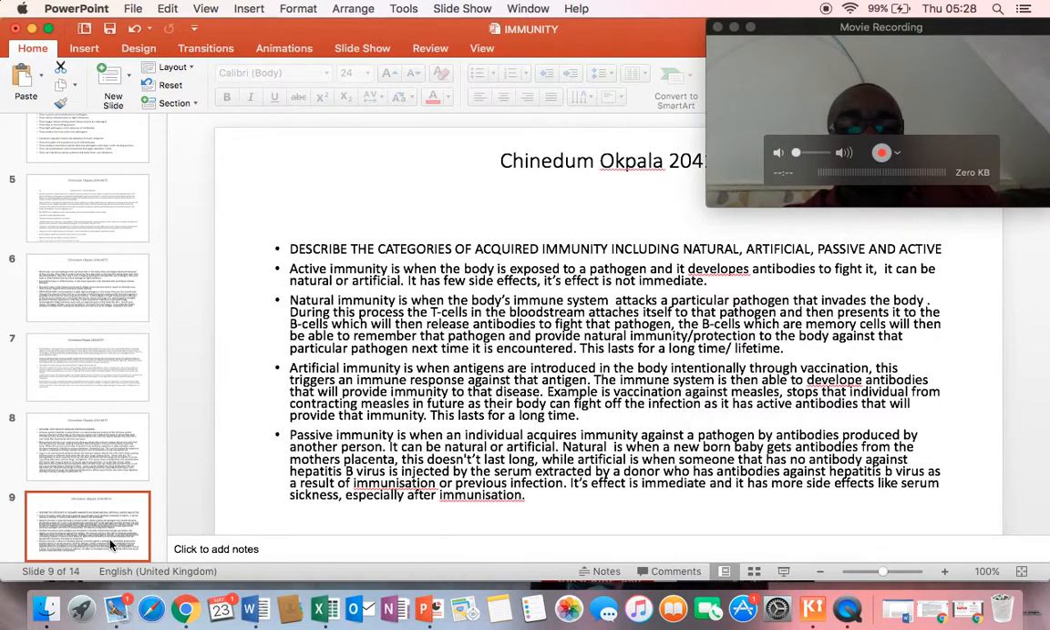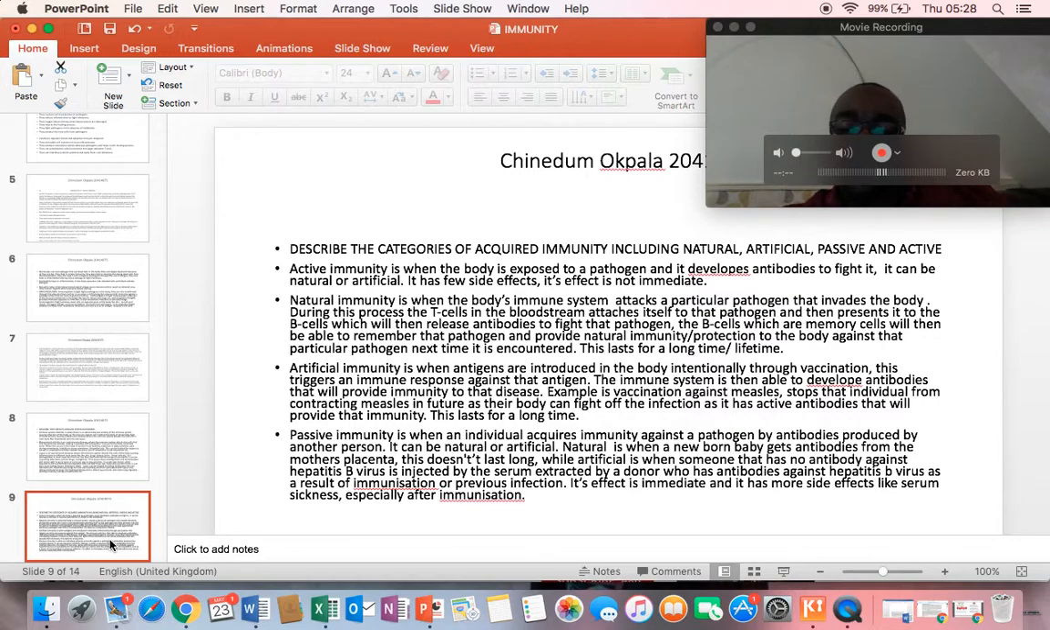Passive immunity is when the individual acquires immunity against a pathogen by antibodies produced by another person. It can be natural or artificial. Natural is when a newborn baby gets antibodies from the mother's placenta. This doesn't last long. While artificial immunity is